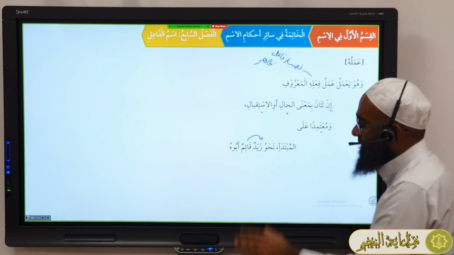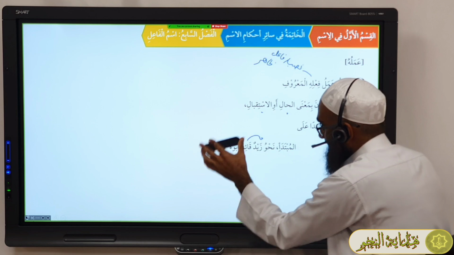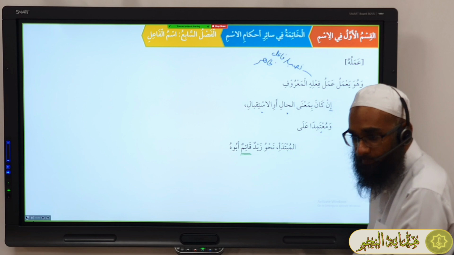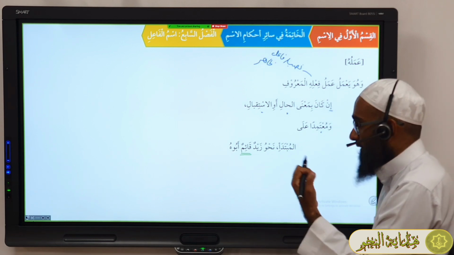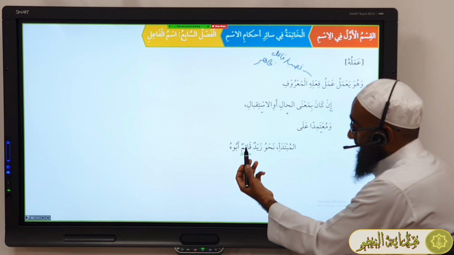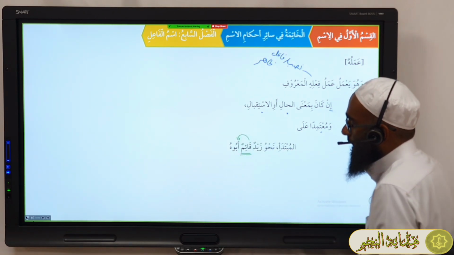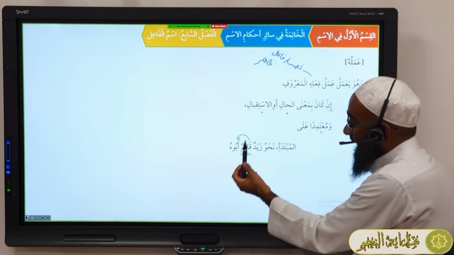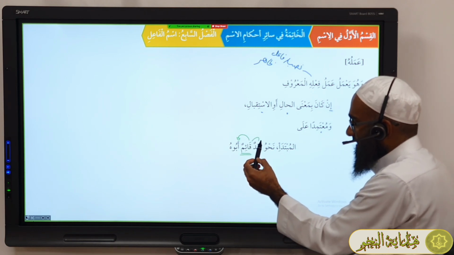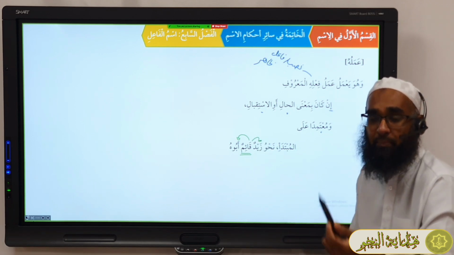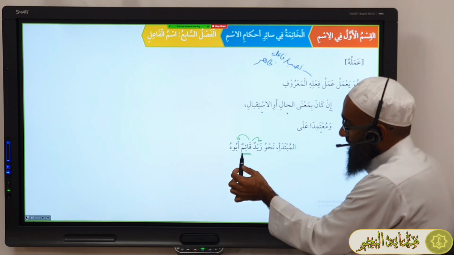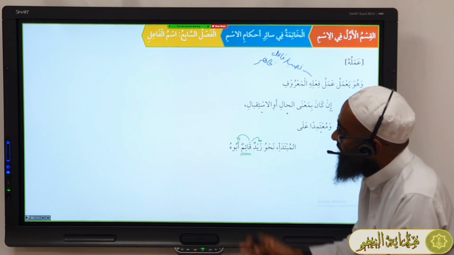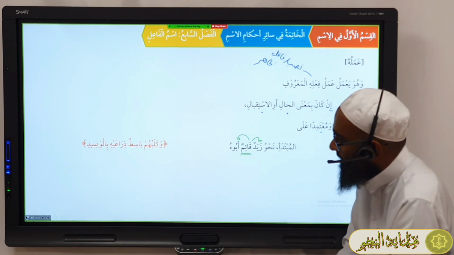So here, let's analyze this. We have an ismul fa'il. Does it have alif lam? No, it doesn't have alif lam, so we have to check. Is it giving a rafa to the word after it? So now the condition is, it has to be the meaning of hal, and it has to be i'timad upon the mubtada. So it comes after a mubtada, or is in the ruling of a mubtada. If it's like a nawasikh, it comes before it. Inna or kana, it doesn't make a difference. So it has a mubtada before it, and it's a meaning of present tense. Zayd, his father, is standing. This can do amal.